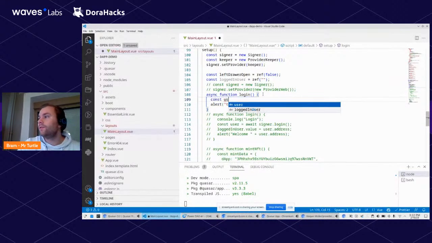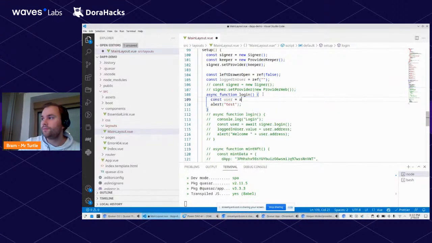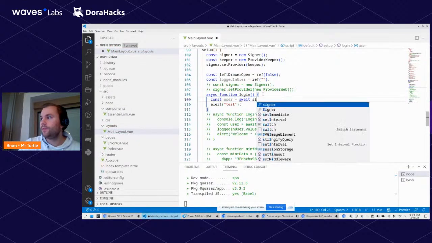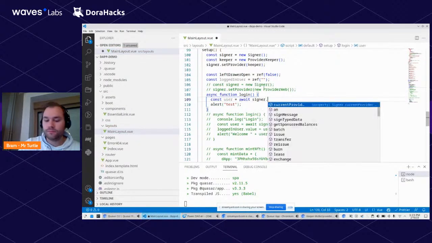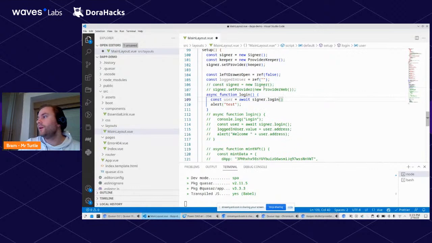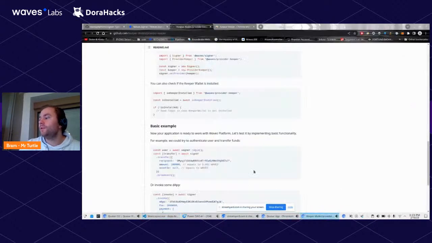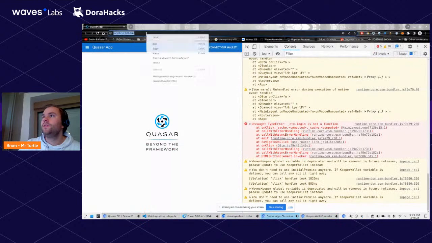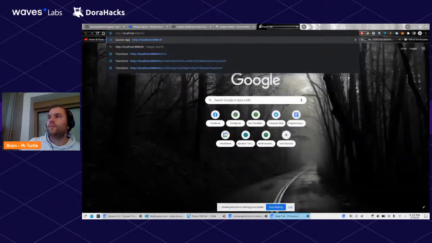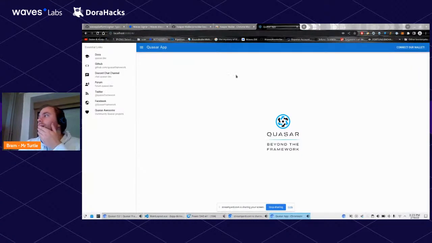So we say const user is await signer.login. So now our signer will be logging in. It will probably reload. Yes. I will put that in the same tab. That works a bit easier. So when we see now connect wallet,